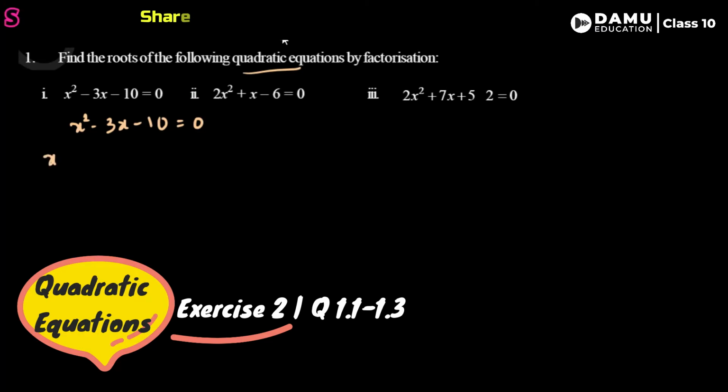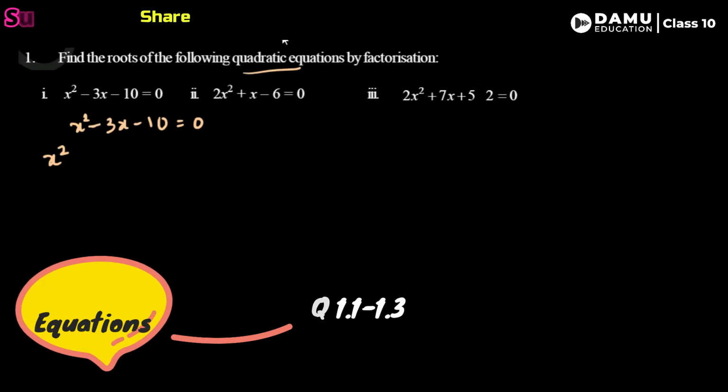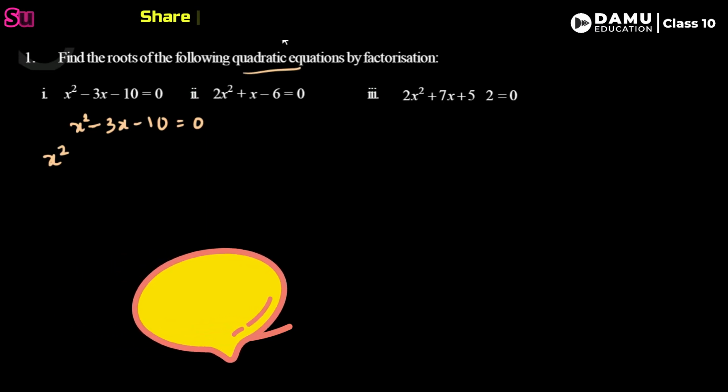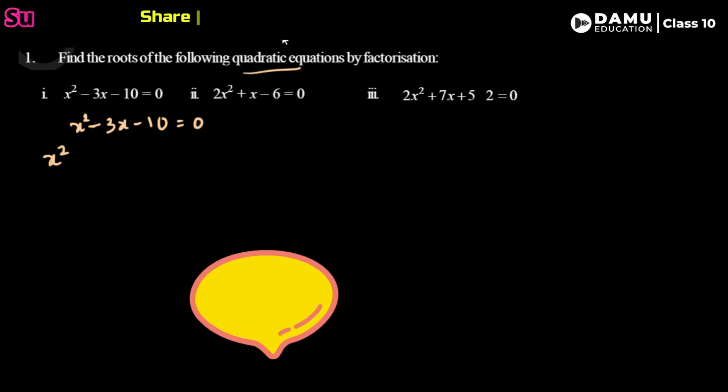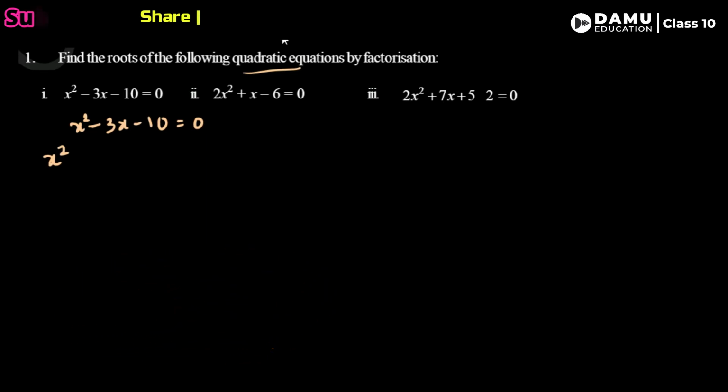So x square, write it like that only, then 3x and minus 10 is there. What numbers, on addition or subtraction, will give us 3x, and those same numbers should be multiplied to get 10? So we can write 5 2s are 10, so here we write 5 into 2. Then for this, minus is there, so we need to write minus 5x plus 2x.